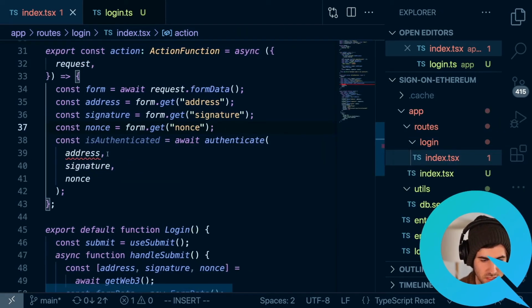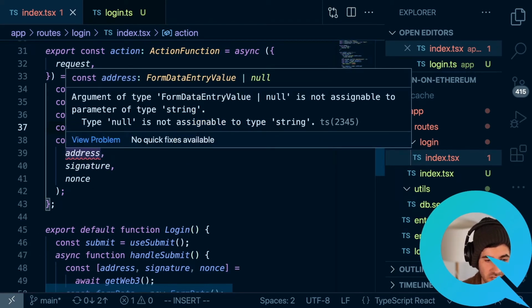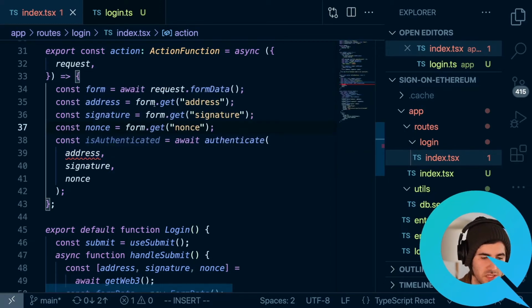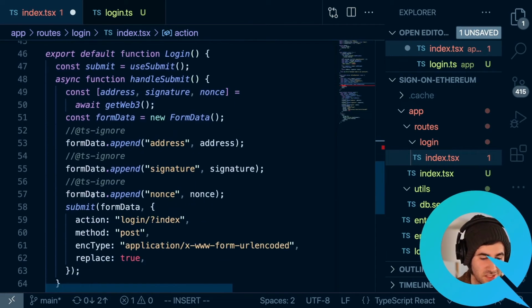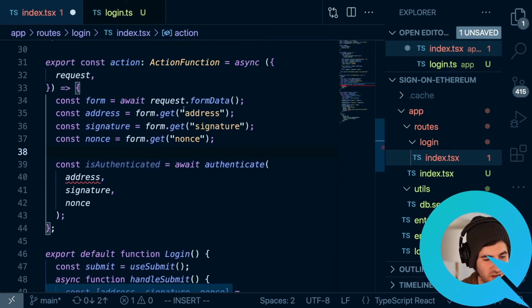And you can see it's going to throw us some errors here because it's saying that a FormData entry value or null is not assignable to parameter of type string, because it doesn't know all of these are form entry data values or they're null. It doesn't actually know the types of them. So we'll actually check these so y'all can see that I'm not just going to use ts-ignore for every single TypeScript error that comes up.